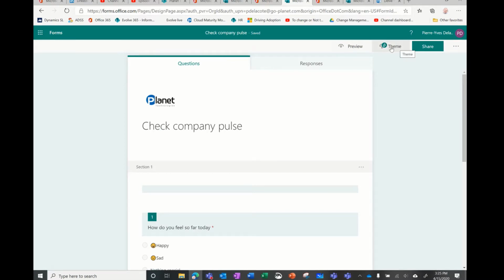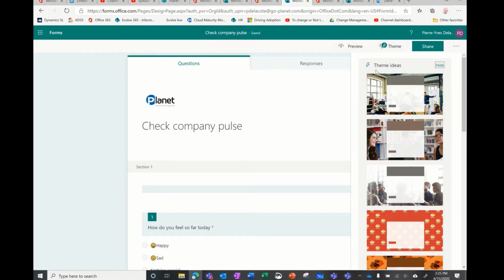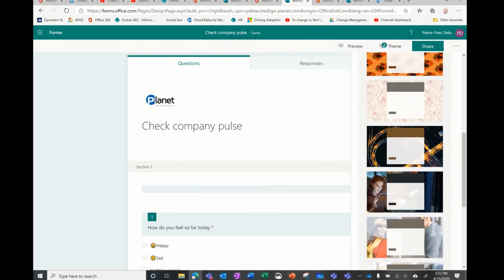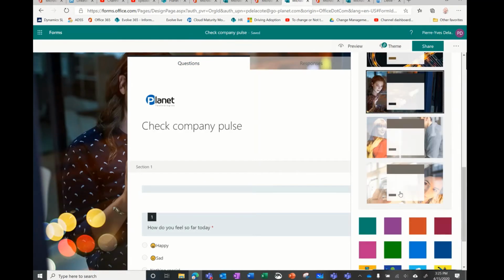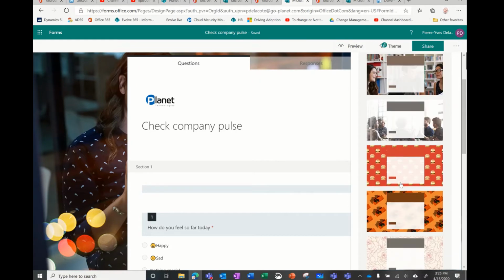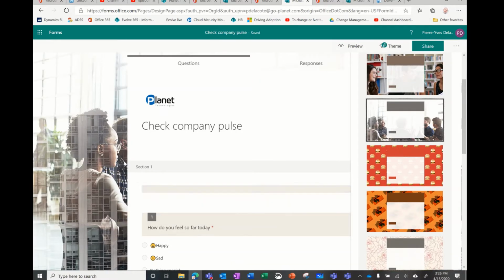And so here I'm just adding a little bit of effect. Here I'm able to choose a theme. Just like in PowerPoint, they suggest theme ideas. So I'm going to use this one. No, maybe not this one. Maybe this one looks better. And I can also, and that's what I want to show you,